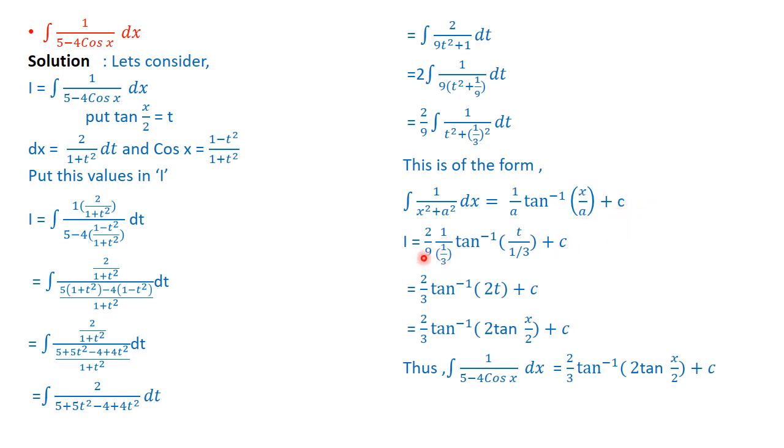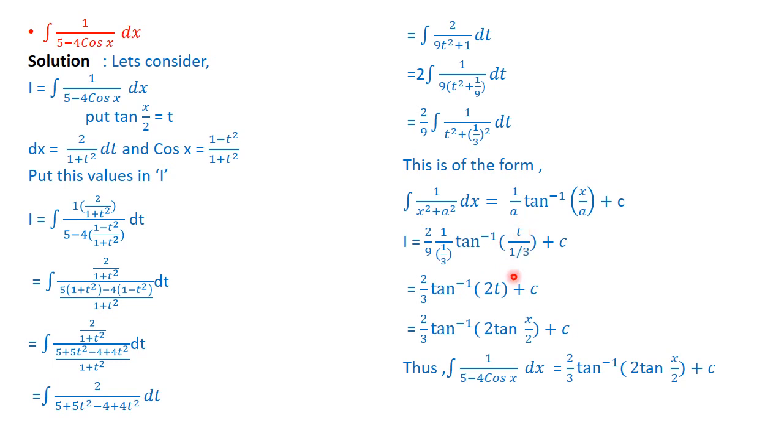Therefore here 2 by 9 is already there, again with this 1 by a, what is 1 by a? 1 by 3, that is 1 by 1 by 3 into tan inverse of t upon a, means 1 by 3, plus c. Now 3 threes are 9, therefore we have 2 by 3 tan inverse of, and